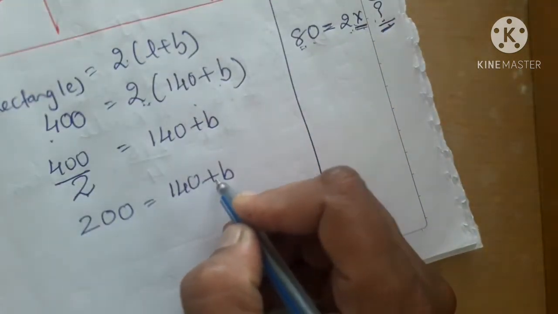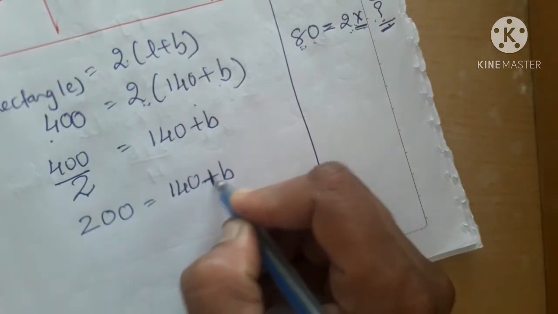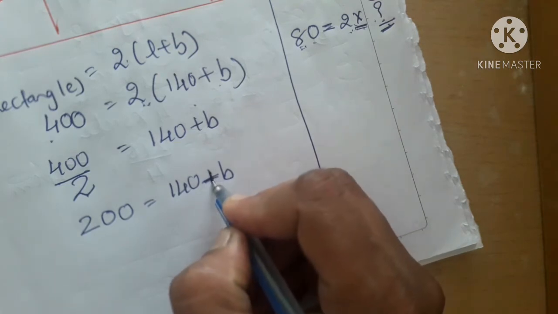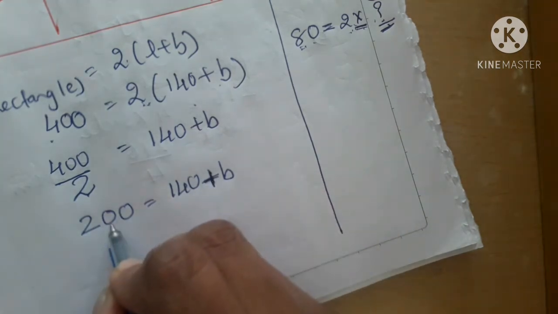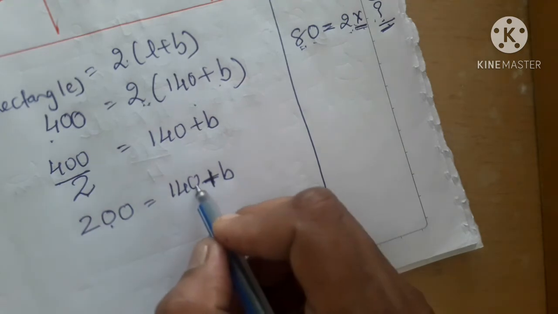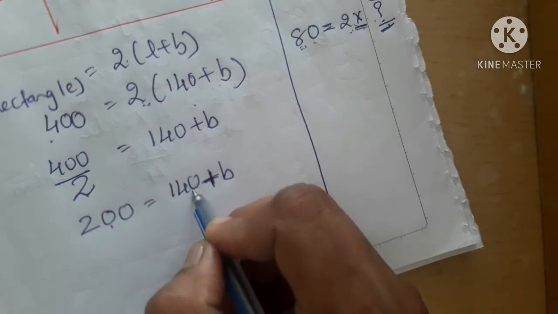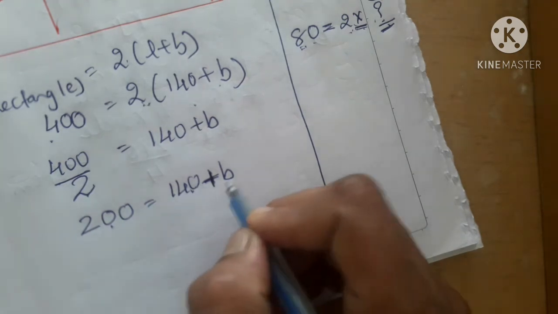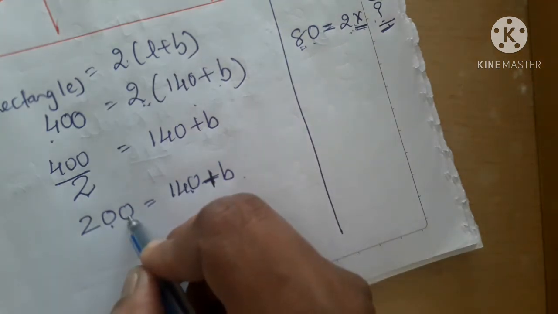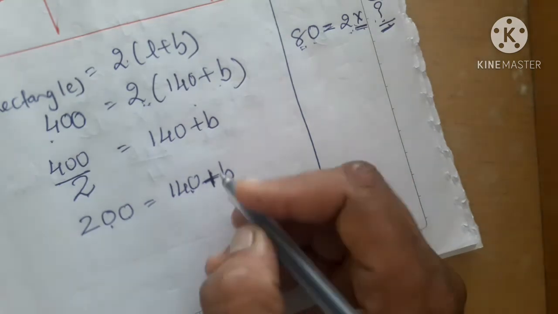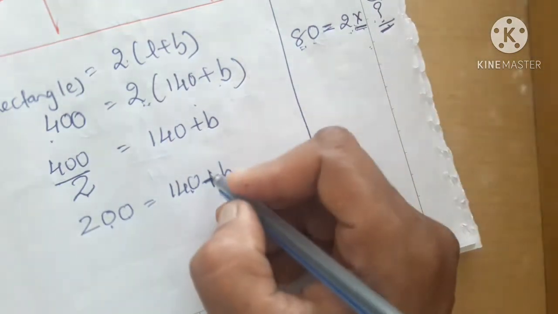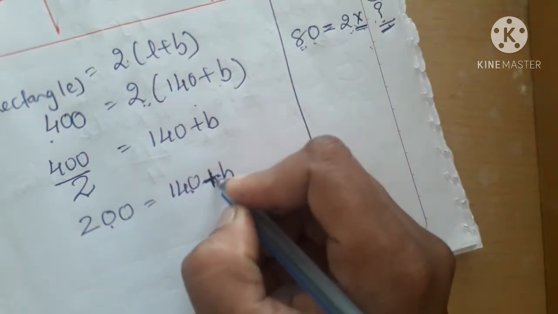So here, when do you get 200? If something, that is the number you have, 140, that is 140 plus which number comes to 200? That is, you know the answer, that is 60. Okay, here as I said just now, here you can see this is the plus sign.